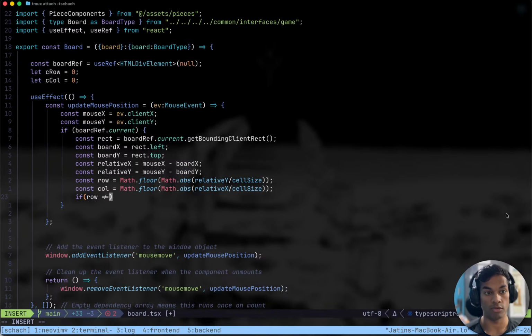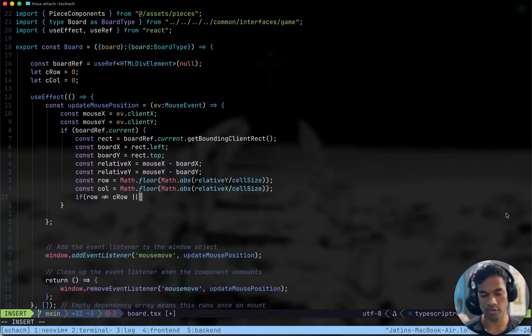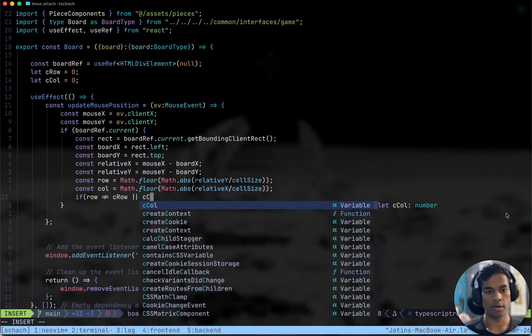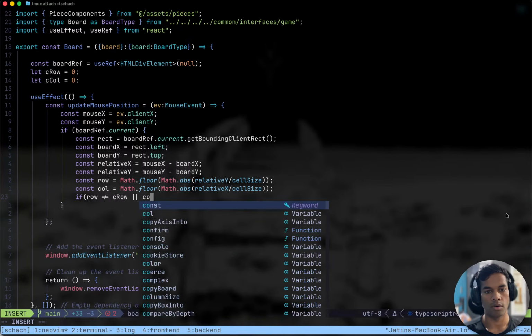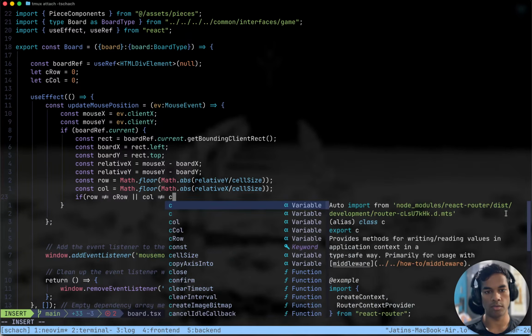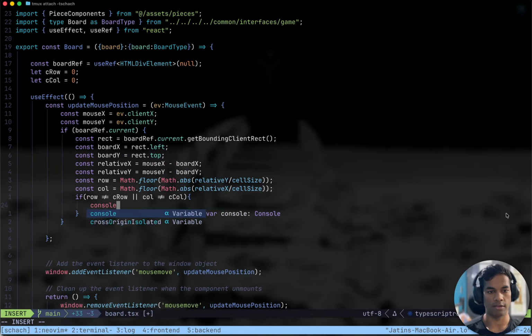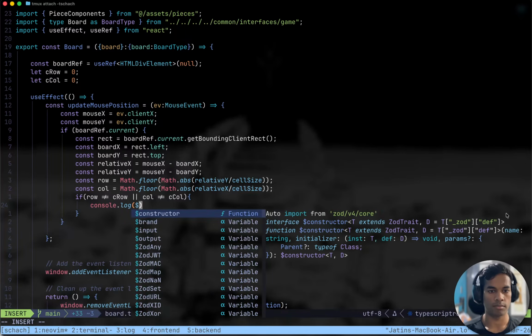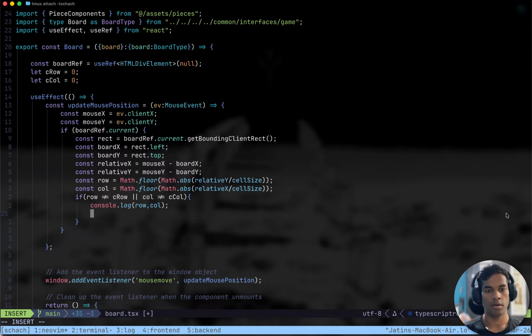If row is not equal to current row or the column changed, or current column is not equal to column, first of all let's just console.log row and column and also update.